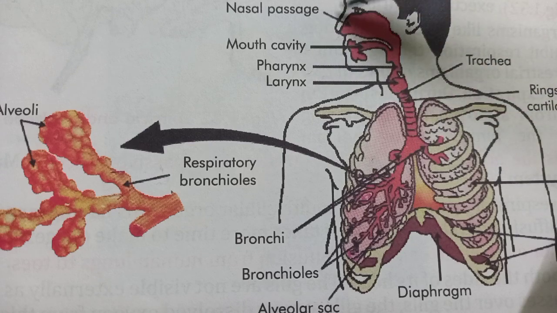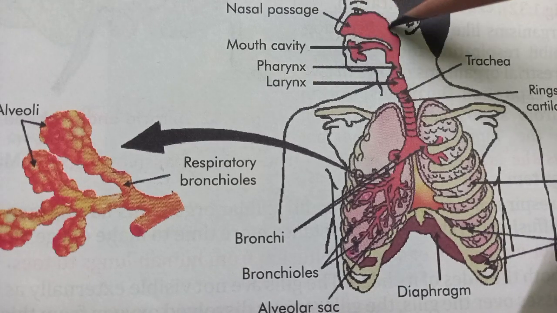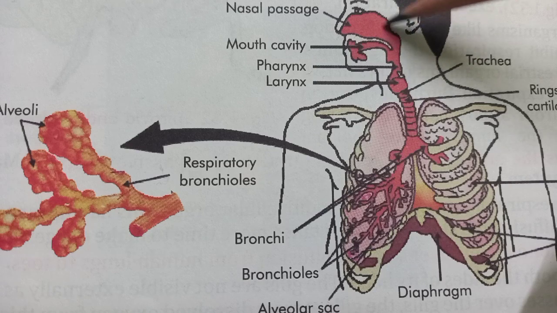Now first we'll study one by one all these things. Now if we talk about the nasal passage, these are the two openings which are present outside, that we'll call a nostril, and from there we inhale or exhale the air. Then the air that we exhale or inhale will pass to the nasal chamber, and the nasal chamber is divided into three parts. It is not as such a bifurcation, but there are three parts.